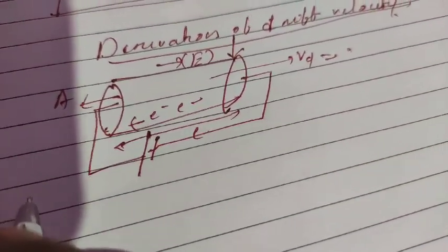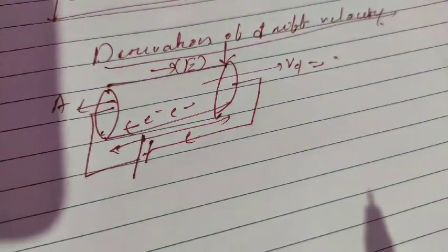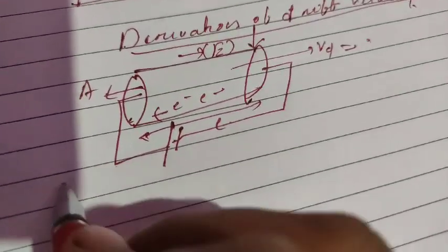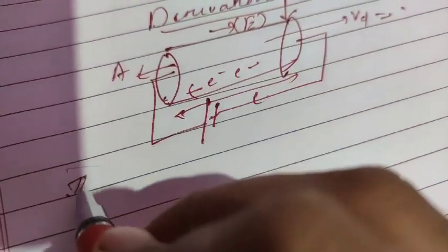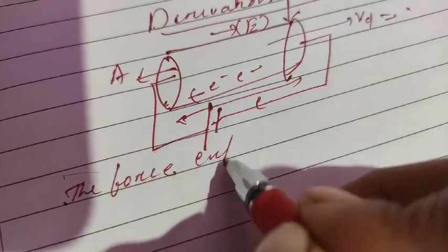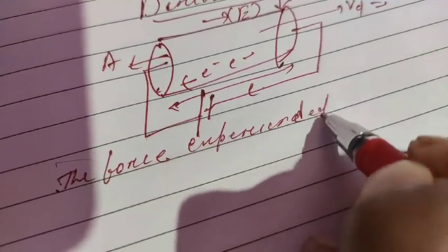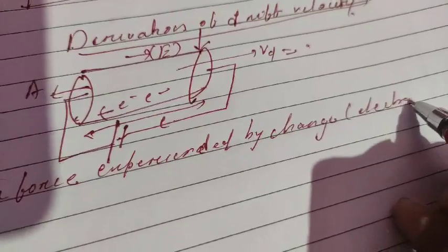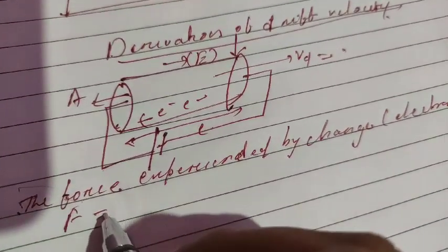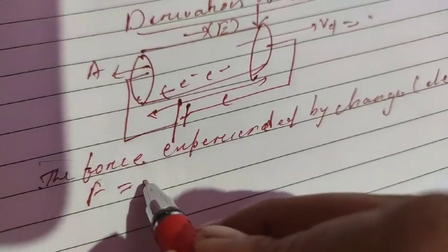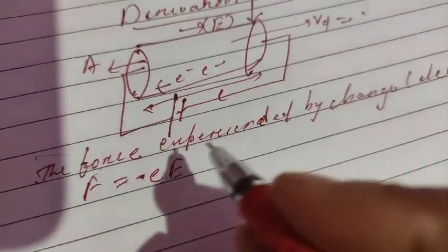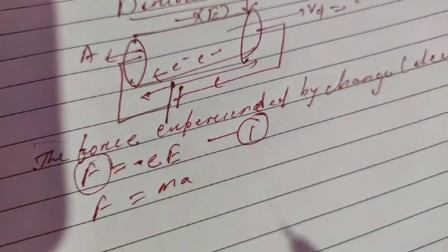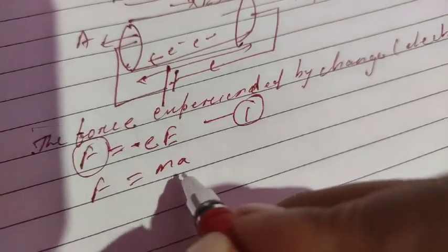So you will write, consider a conductor. This I have considered a conductor through which we have applied the electric field. Due to the electric field, student, what happened? The force experienced by the charged particle, that is the electron. As we know, F is equal to qE, where q is the charge of the electron and E the field. As you have applied the force, F is equal to ma. Everyone knows that when you apply any force on a charge, F equals ma.